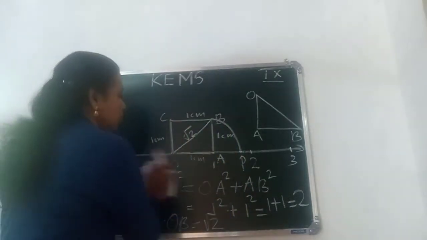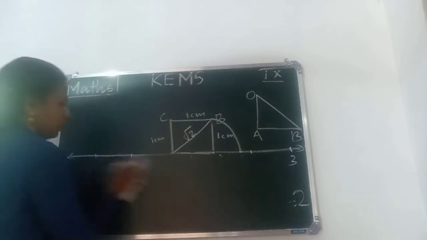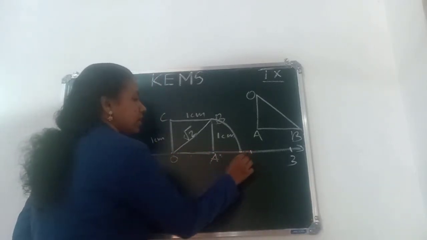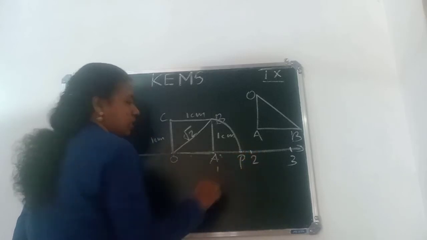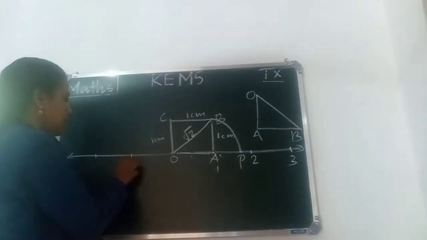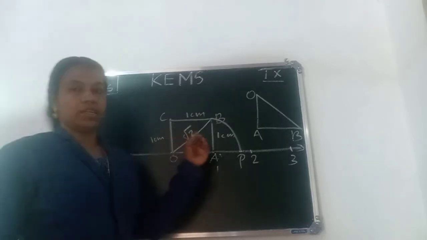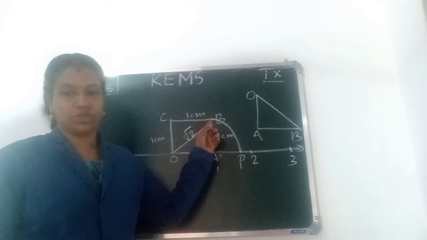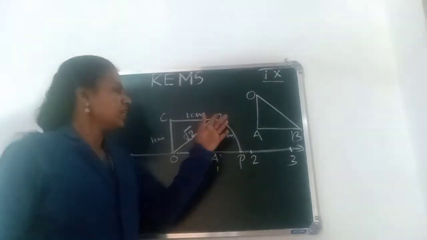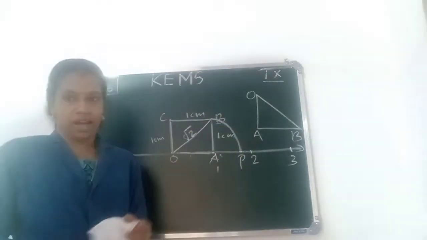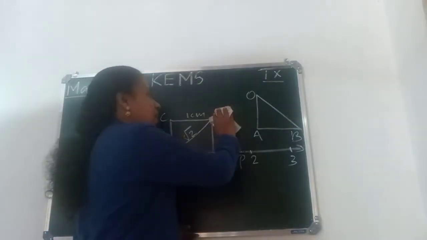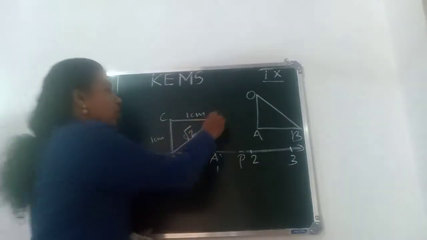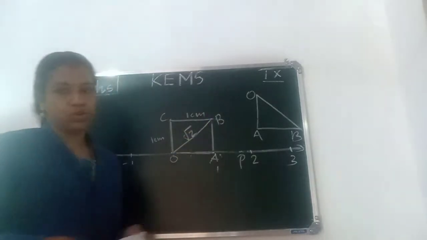So, this is root 2. Number line O, A. This is point P. The same number line. We know that this is root 2. So, first draw root 2. Then no need to draw the arc. Just find the longest side, OB, where OB square equals 2.